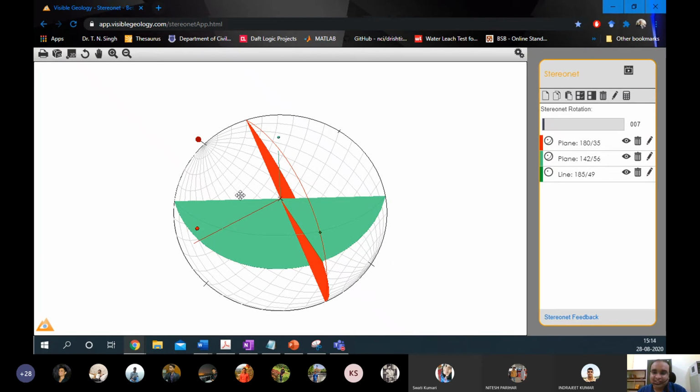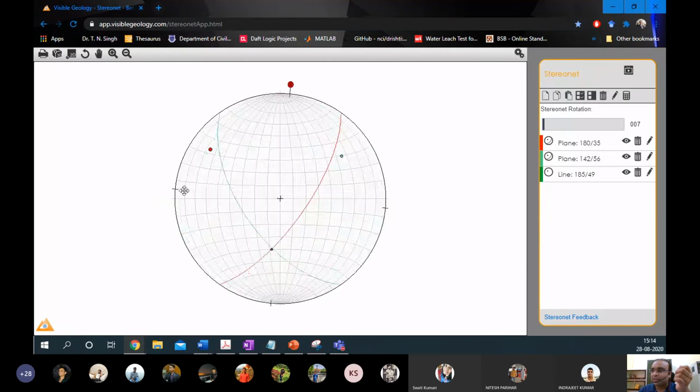The challenge of the pole is that it is hard to visualize a plane out of a single pole. But when we plot so many planes in geological surveys, it is easier to do that with points rather than directly plotting so many planes. Even in this 2D projection, it would be a real hodgepodge if I plot so many planes, but it may be more sensible if I plot so many dots, right? Those dots will give me an idea of how the planes are distributed. So that's the beauty of the pole of a plane.